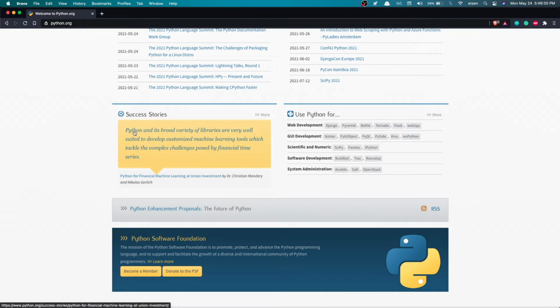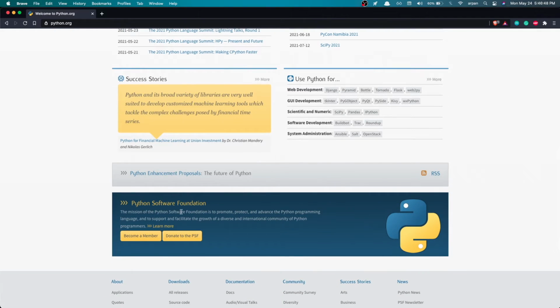It's become very popular among data scientists, artificial intelligence, and machine learning. It's also a good pick for web development since it has frameworks like Django and Flask. It also has a wide range of libraries and a very active community. In addition to this, there are many companies using Python due to its simplicity, and it's a great pick for learning a language.